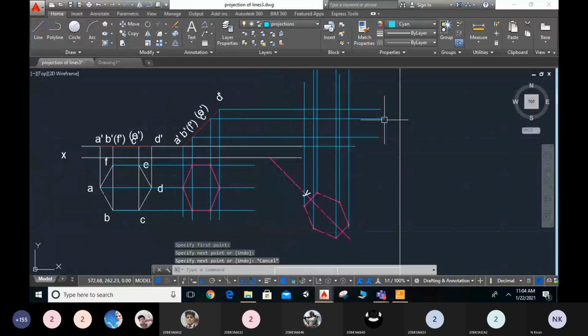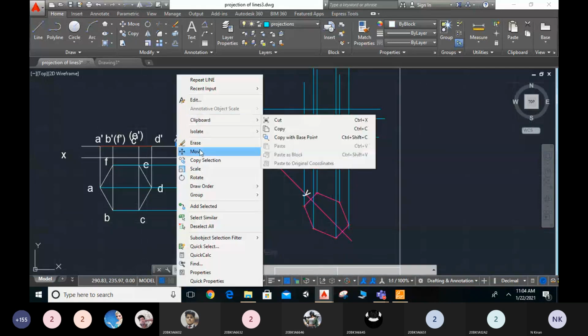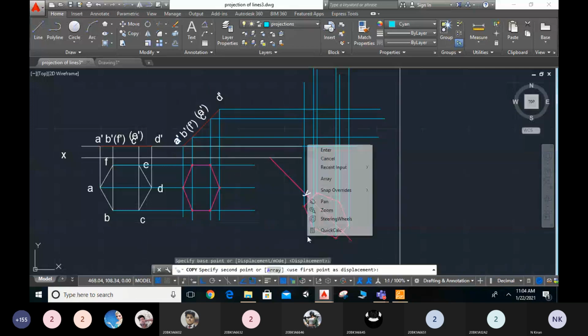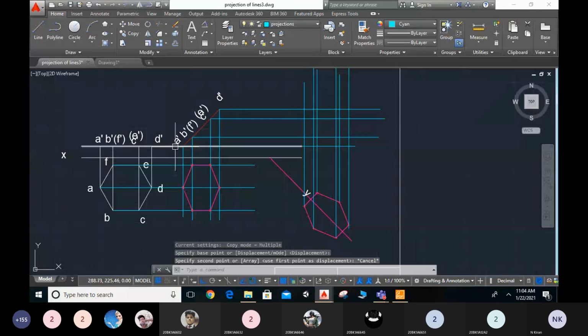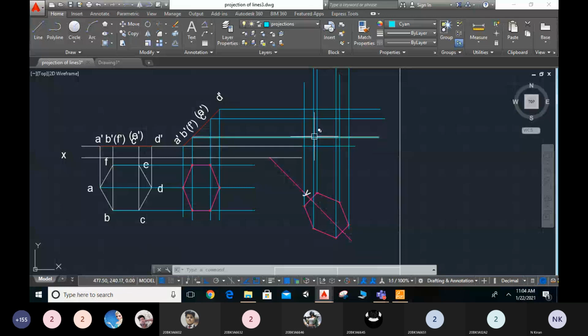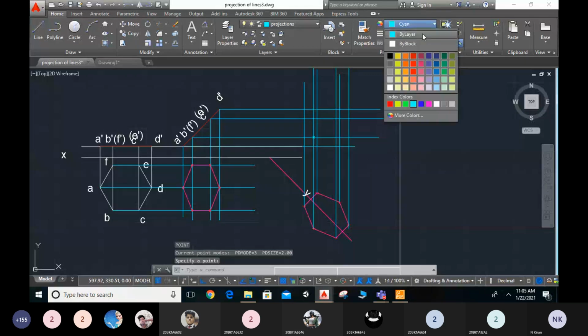So if you observe here also, I will copy somewhere. Now I will copy here. If you place here, this is the A point and this is the A point. Now if you observe, this is the A point, and from here this is the point. So I will enter PO, enter. This is the A point. Did you get how the point came? Did you understand how the point came?